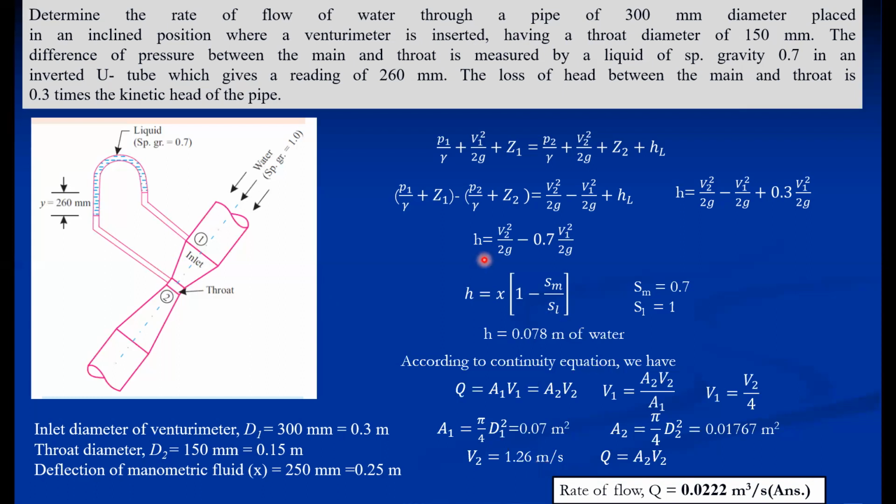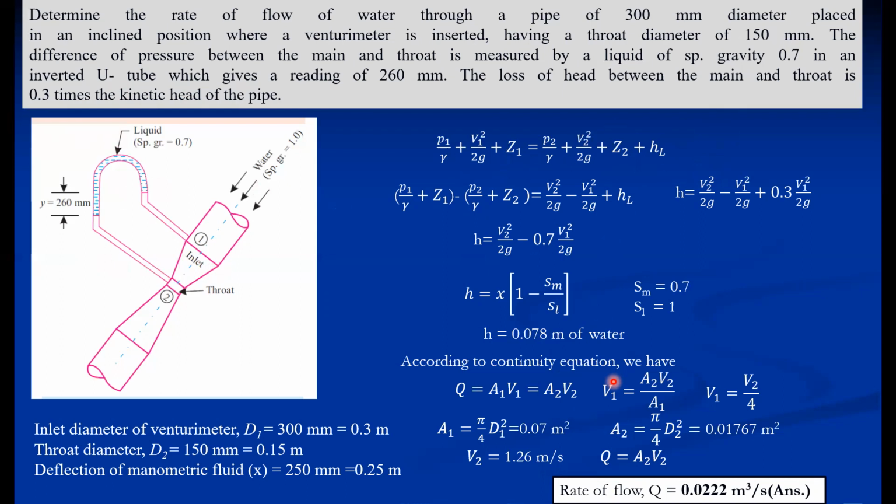So this is called calculation of discharge using the first principle. Without using the expression of discharge, we have solved this problem. This methodology we have to use when the CD value is not given, or when the loss value is given in terms of the kinetic head of the inlet pipe, or some other relation may be given. In that case, we have to stick with the first principle and use the modified Bernoulli's equation, because losses are given. So this method is called solving numericals using the first principle.